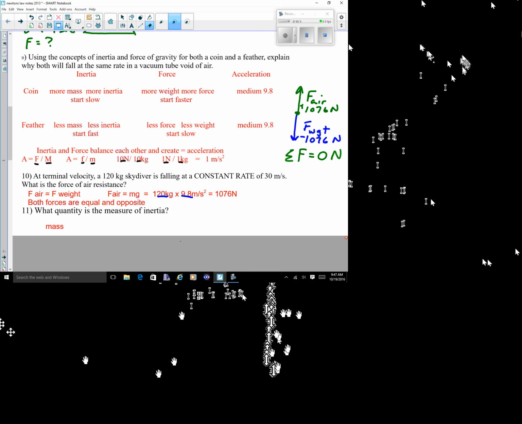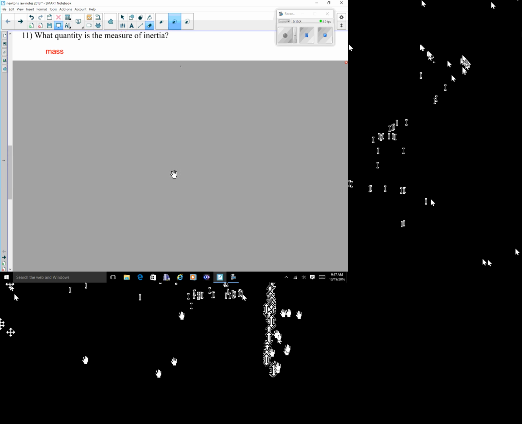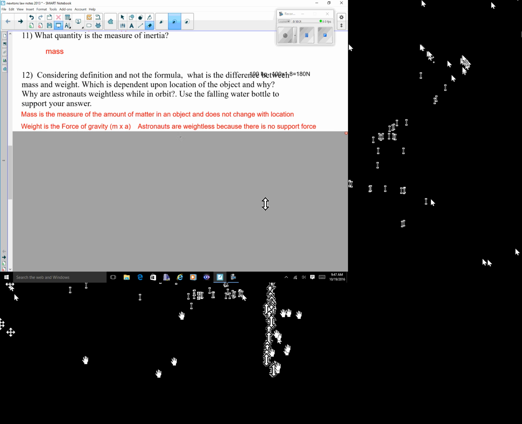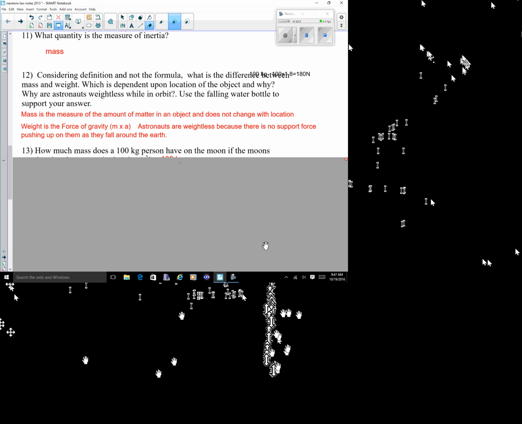And it says, considering the definition and not the formula, what's the difference between mass and weight, and which is dependent on the location of the object and why? And then you had to explain why astronauts are weightless in orbit, and use the falling water bottle to explain your answer. Well, first of all, mass is the measure of the amount of matter an object has, and it